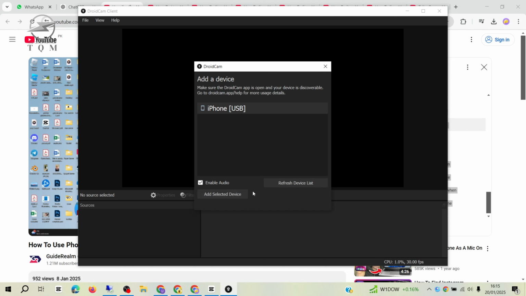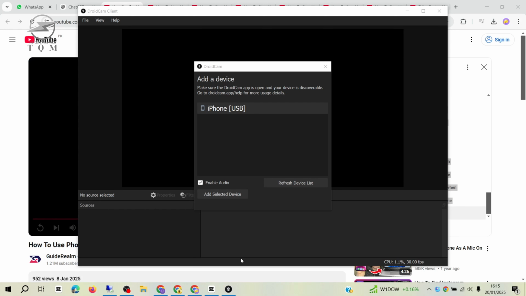Next, right-click the sound icon in your PC's system tray and open the sound settings. In the Input section, select DroidCam Audio as the input device. To test it, open the Sound Recorder app and press Record. Your phone's microphone will now be active. As you can see when I press Record,